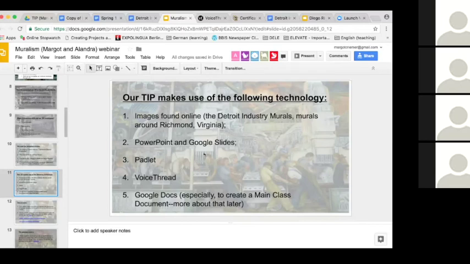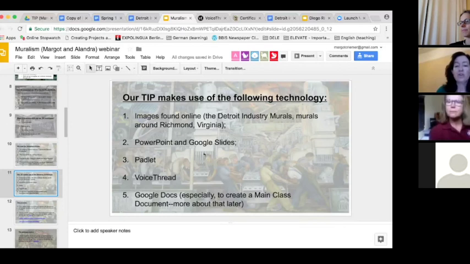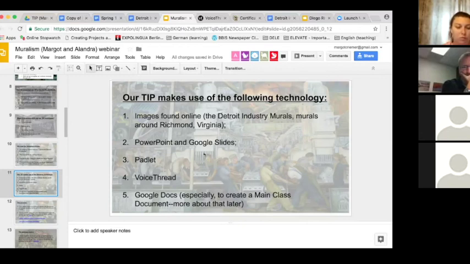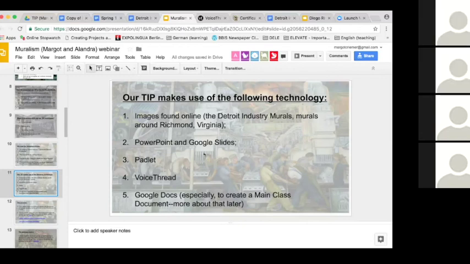And then once they got past that and they were actually doing an individual project on their own or with a partner, they recorded a description and analysis of a mural that they chose on Voicethread. And Voicethread, if you don't know it, is a media aggregator. So you can upload pictures or videos or slide presentations or documents, and then record something about them in a variety of different recording formats, audio, visual, and then anybody who has the link can comment on the work that you've done. It's asynchronous, and it's a really nice way for you to show your work to a community and get community feedback.